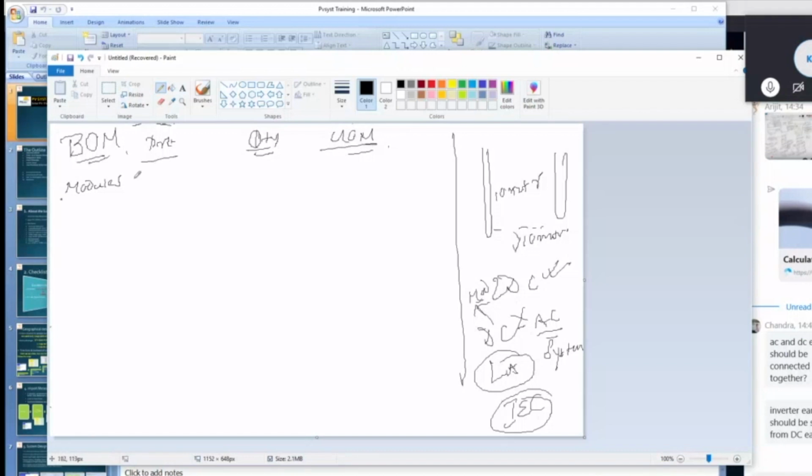Modules: 335 watt peak, 72 cells, brand Adani. Quantity we have already noted down, 30 units. UOM is numbers. Next is inverter, Power One,